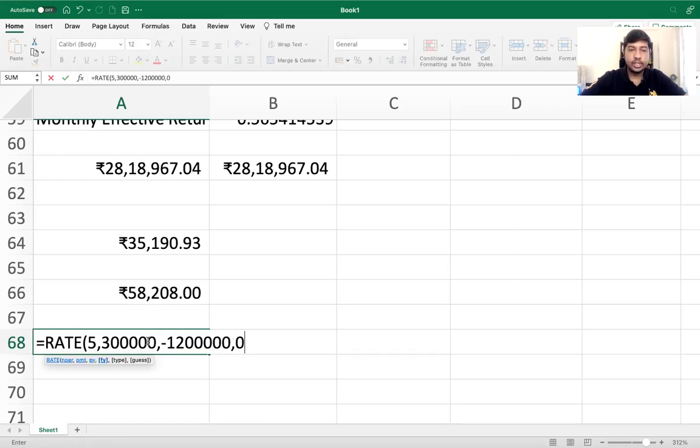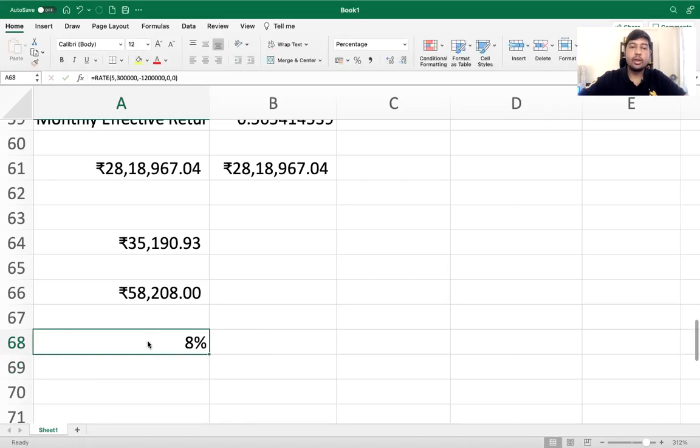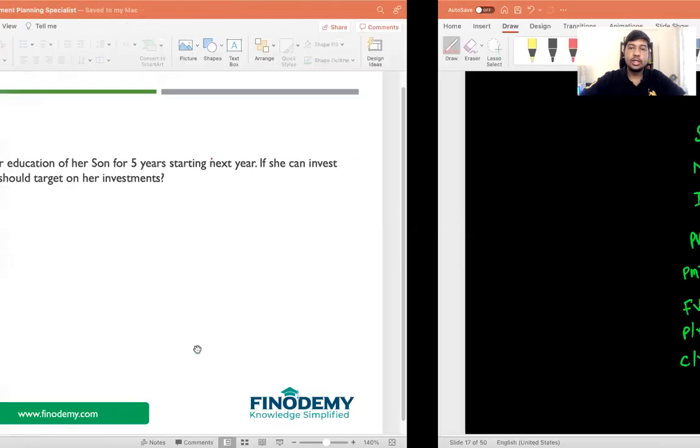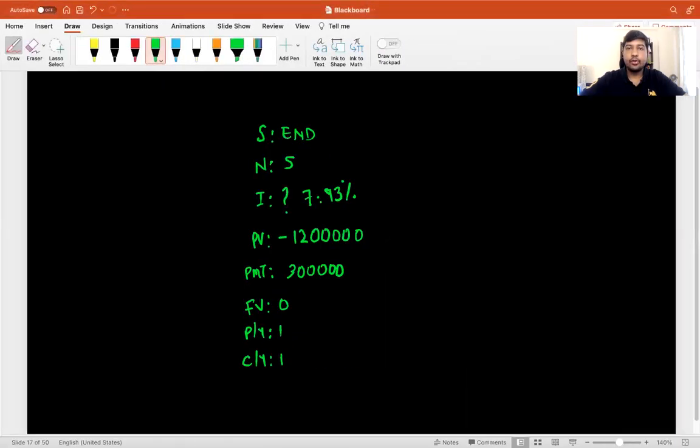Future value should be 0. And then since this set is end, you need to type 0 again and close the bracket and then press enter. You're getting 8%. So just increase the decimals and you will see that the return is 7.93%, which exactly matches with what we have over here. Okay, so please make a note of this